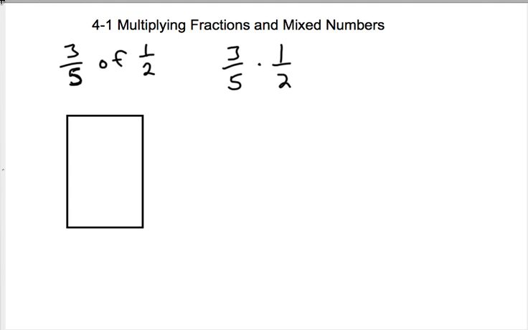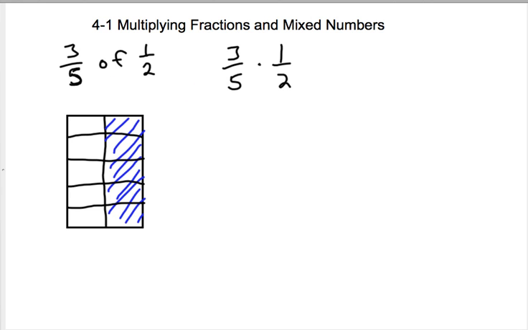One way to model the multiplication of fractions is to use a rectangle here. So to model 3/5 times 1/2, if I split the rectangle in half like so, and shade half of the rectangle, we'll make it blue, right? So half of the rectangle is blue. And then if I cut it into fifths, and I shade 3 of the fifths, remember this was 1 of the halves, so if I shade 3 of the fifths red, so let's do that, 3 of the fifths red,